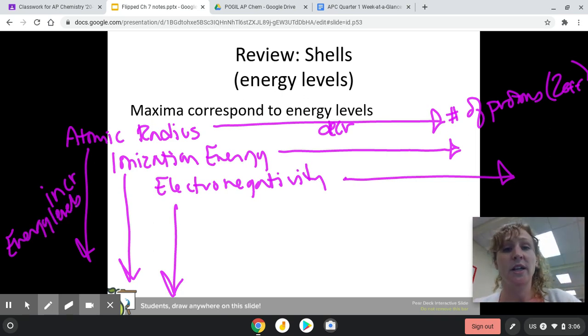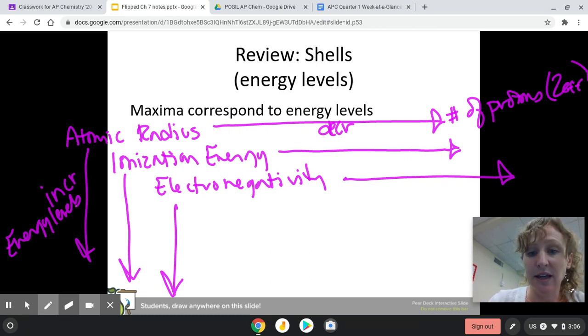Hydrogen has 1 energy level. Francium has 7 energy levels, and so that 1 valence electron that's there is going to just get kicked out to the 7th energy level, and that atom's going to be a lot bigger. Ionization energy is the energy it takes to pull off an ion, and that's going to increase from the left